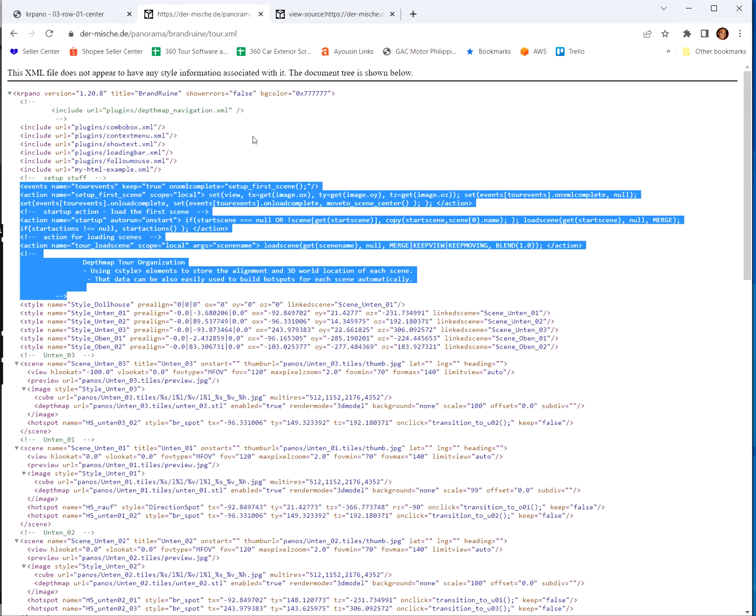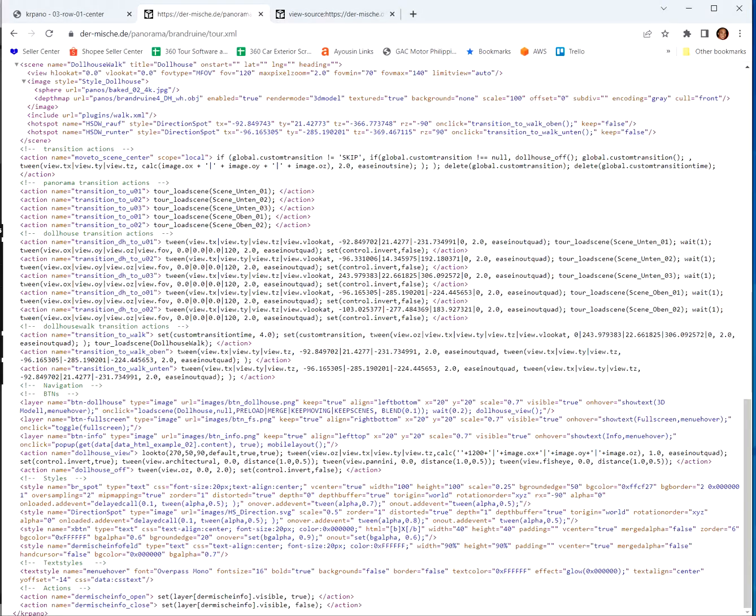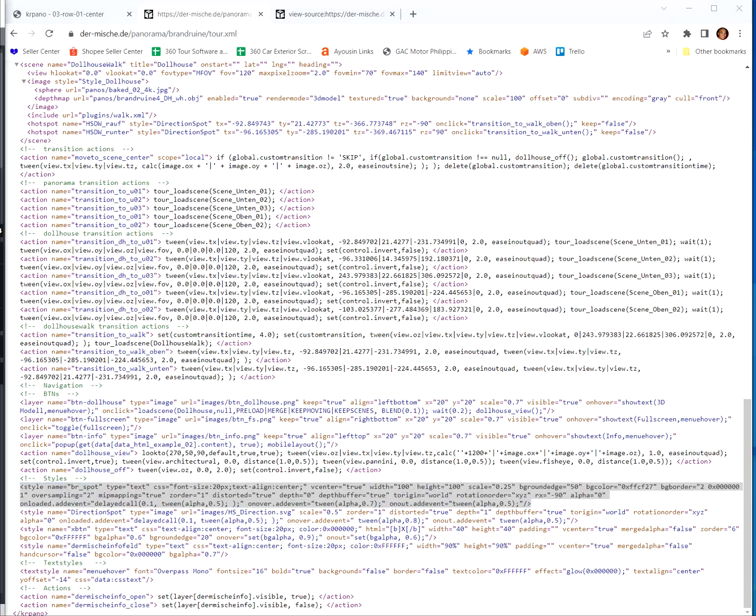What I did for this tutorial is I also copied the style. I saw that style somewhere here. This one, BR spot. So I copied this because it didn't use any images, and